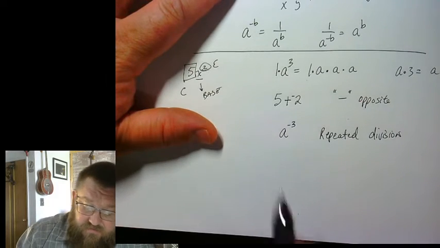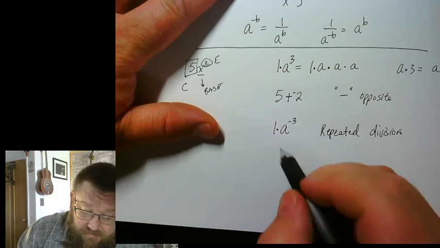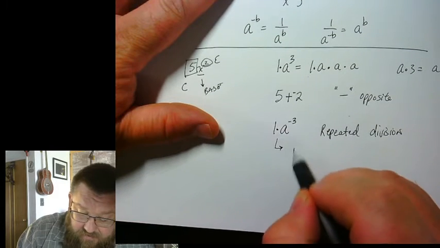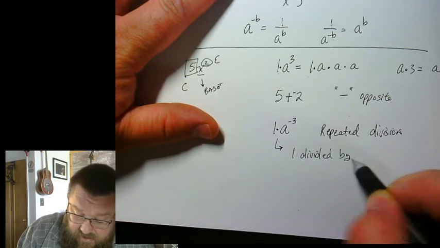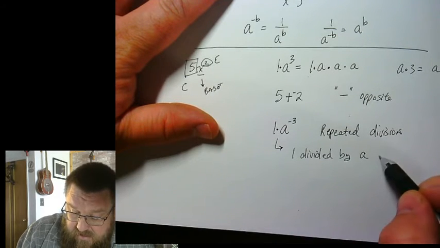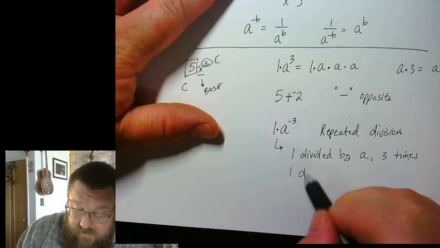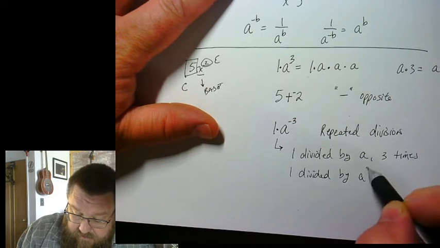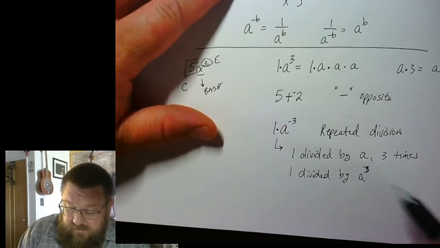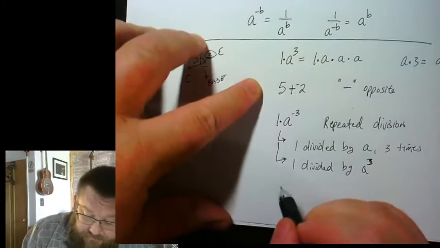This is the invisible 1 divided by a, 3 times. This whole thing right here is 1 divided by a, 3 times, or 1 divided by a cubed. Either way, they're both the same thing. They both mean exactly the same thing. Either way, this is the same as